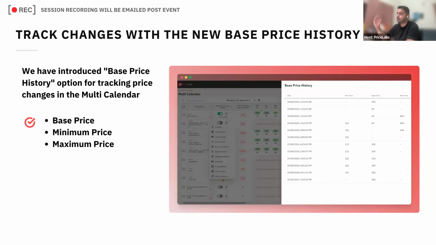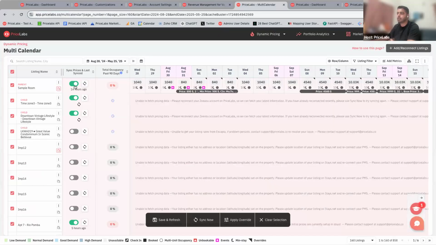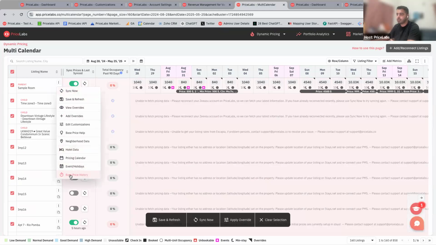Last month, we added a capability of having a box select to select DSOs for multiple listings for multiple dates at the same time. We had a lot of requests of accessing base price history from market dashboards, and we've added that as an option now. So if you go to multi-calendar, go to this context menu, the 3-dot menu here, and